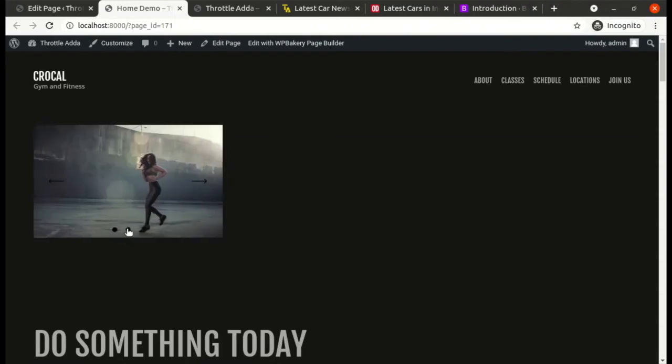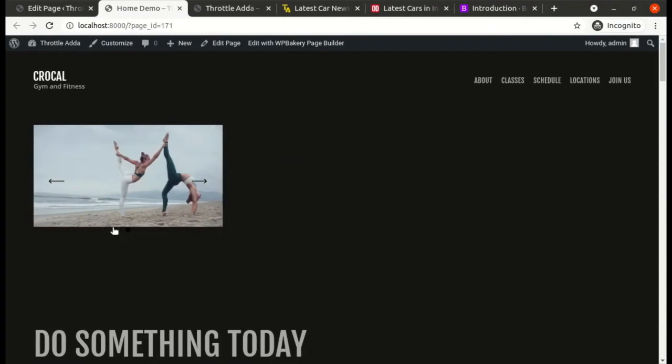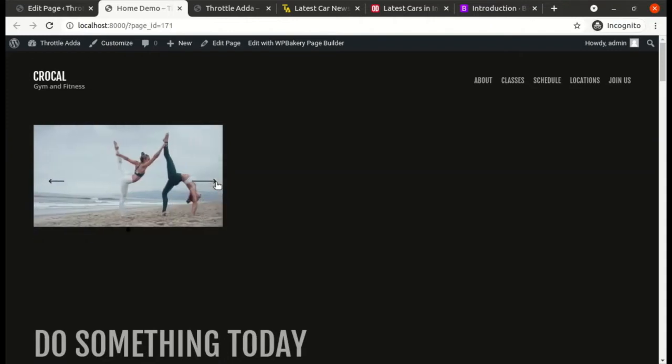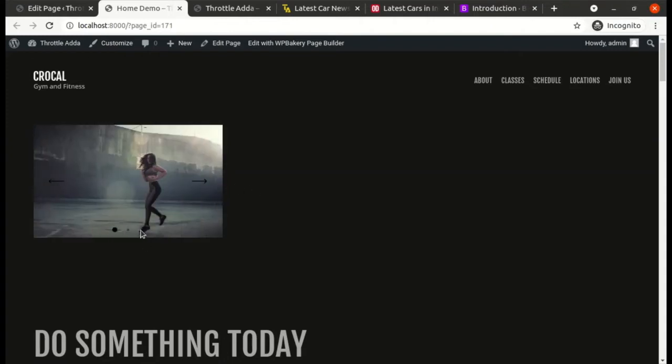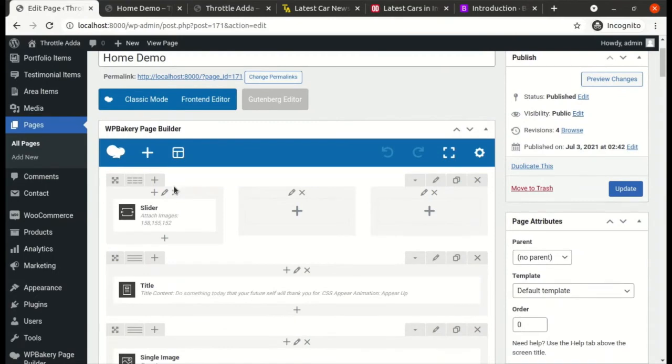We also have dot navigators at the bottom. If you see my mouse cursor, there are dots at the bottom. So there are 2 ways to navigate through the slider.